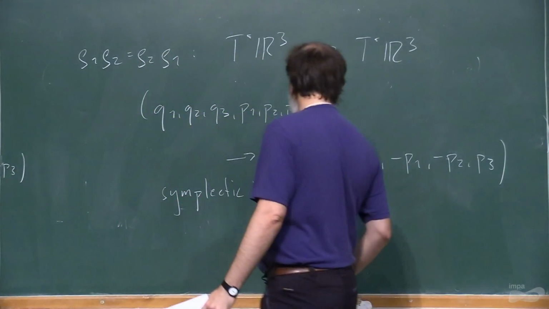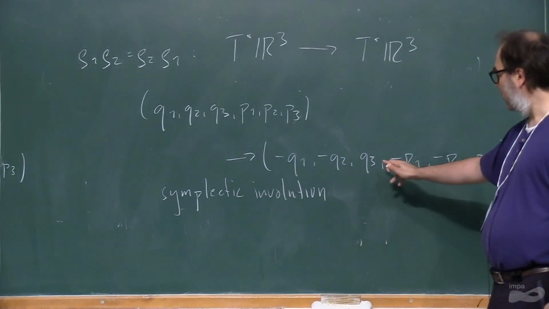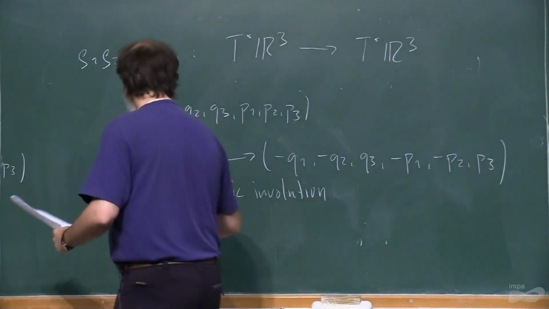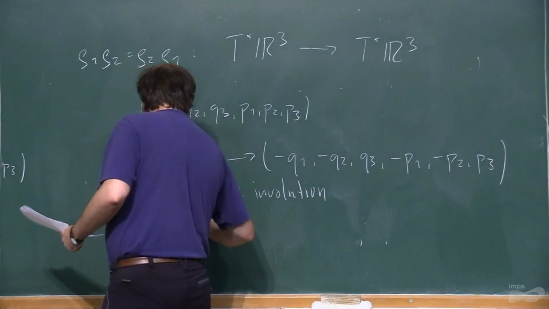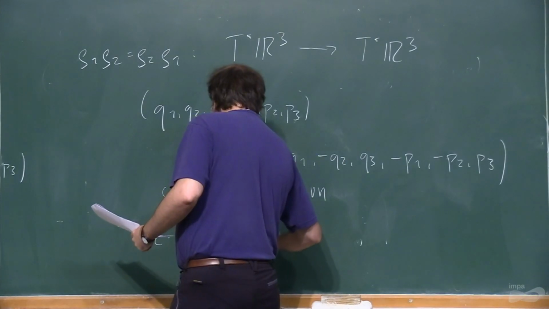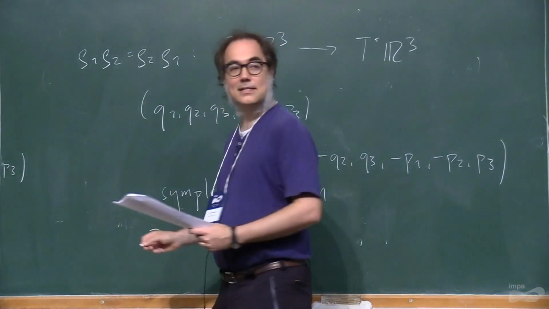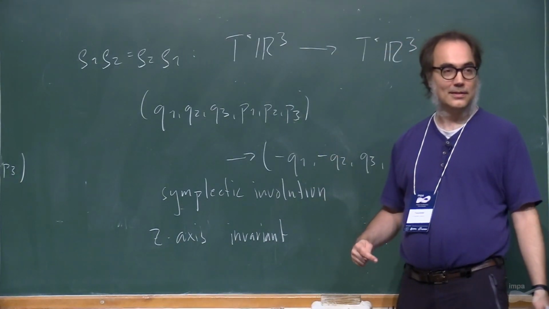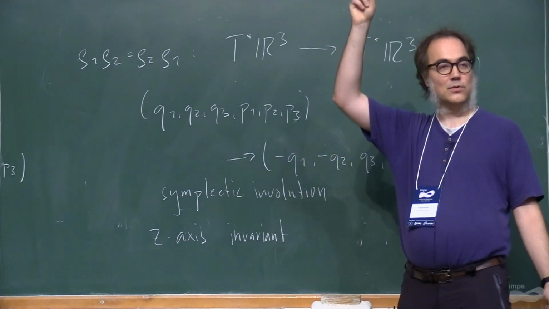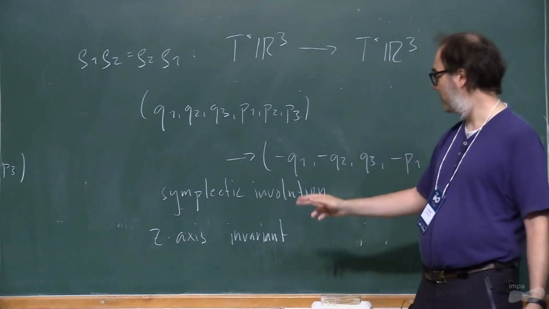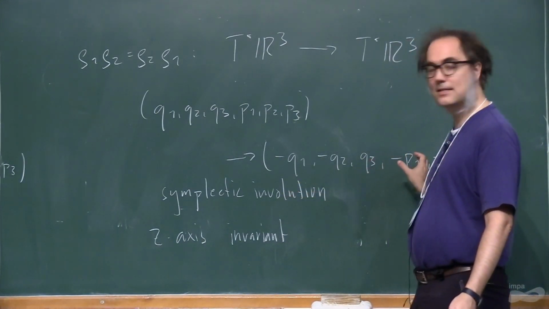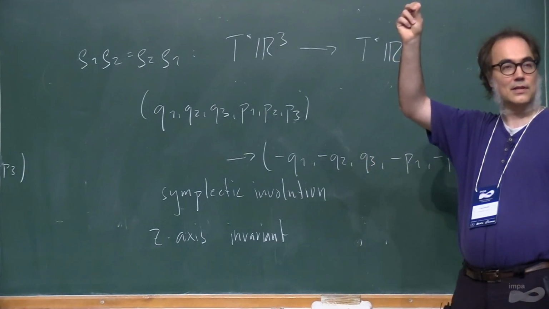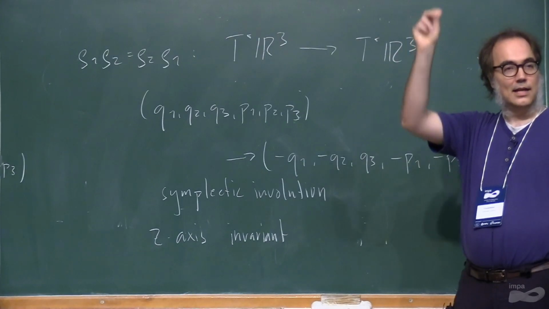And now what you see here, for the symplectic involution, the z-axis is invariant. So the z-axis is invariant. And what does this mean for our stone? Namely, in this limit problem, the stone just falls down, because it's an invariant set. So if we start here on the z-axis with 0 velocity, then it has to stay in this